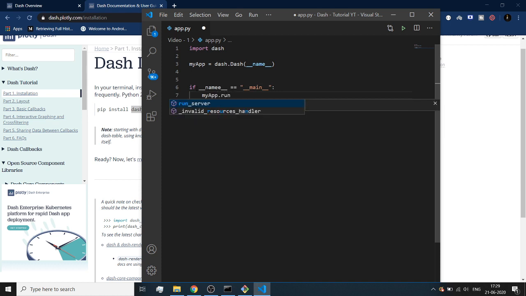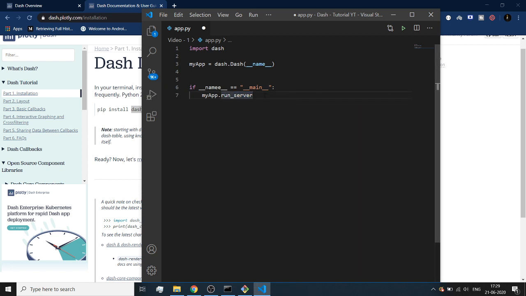Now notice here that earlier I discussed with you that there is this thing called server. Server is a very fancy way of saying a dedicated computer which is serving your website. Since I am making a not Flask but a dash application, I need a way to host this server.